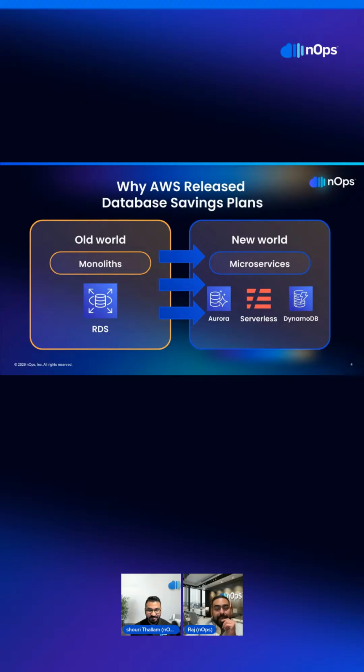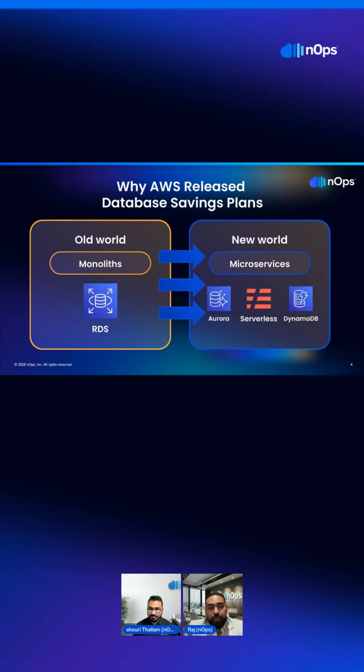Yeah, that's a great question to begin with. So let me put it this way: the old world stopped working, right? That's why they had to come up with different sorts of plans for customers. And by saying that old world stopped working, what I mean is 10 years ago databases were boring, right? RDS instances, they lived forever. You could buy an RI, set it, forget it. But there's a lot of risk to it, but fast forward to today.